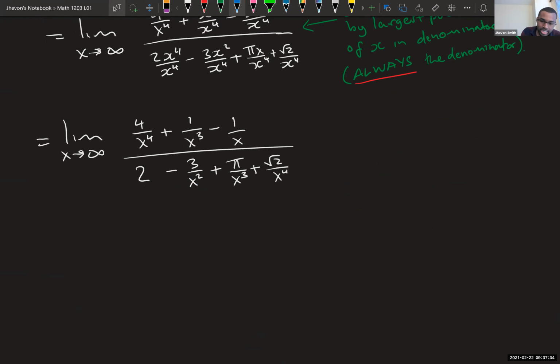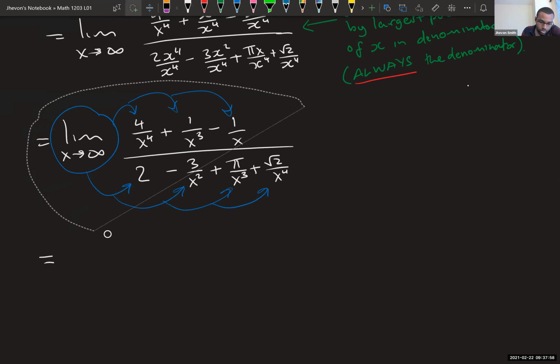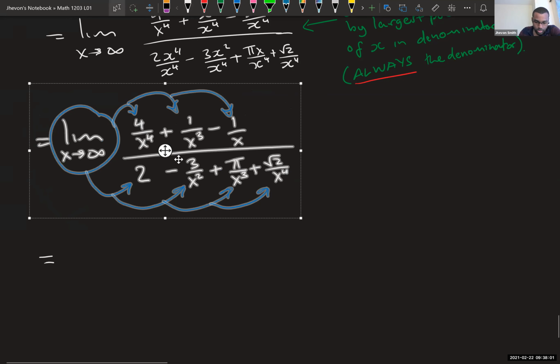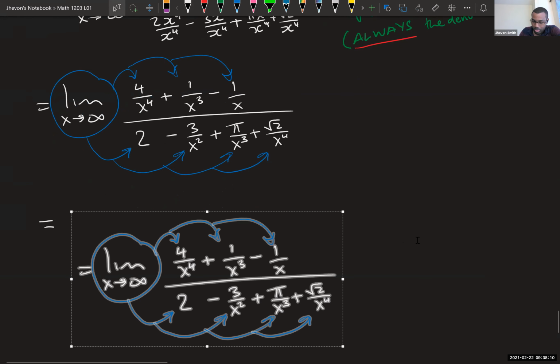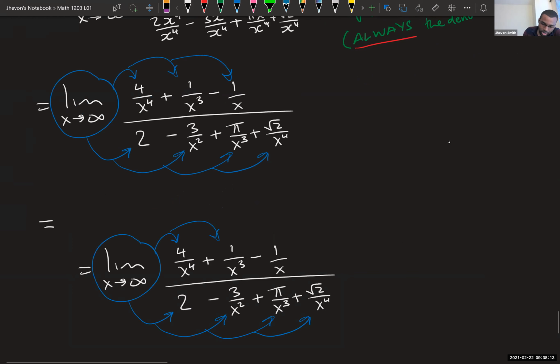remember, limits are super nice. You see this guy right here, I can actually distribute the limit across the numerator and denominator, and then across the sums in the numerators and denominators, because limits can do that. Now, if you look at each of those individually, can you tell me what's going to happen? Oh, most of them just become 0. Most of them become 0. That is pretty neat. So somehow this little simplifying trick actually works out in our favor, because now you're going to realize that